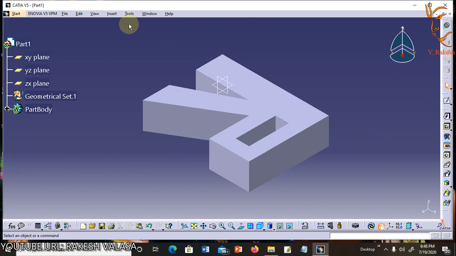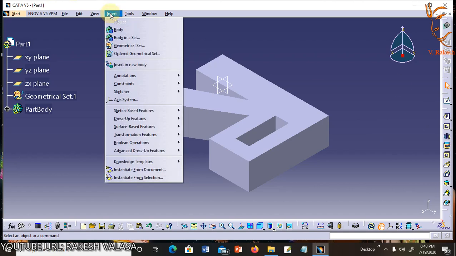In this lecture, I am going to explain what options are available in the insert menu. Most of the insert tools are alternative tools to the ones found in the workbench toolbars, such as sketch based features and all other options listed in the same section of the pull down menu.